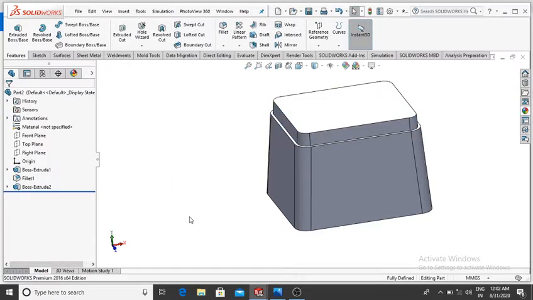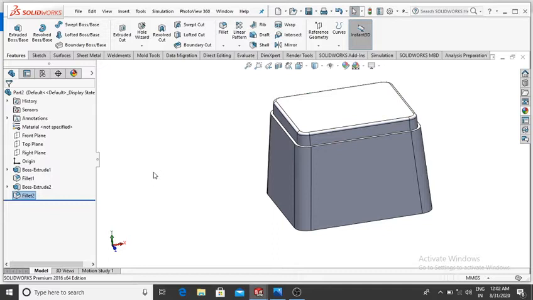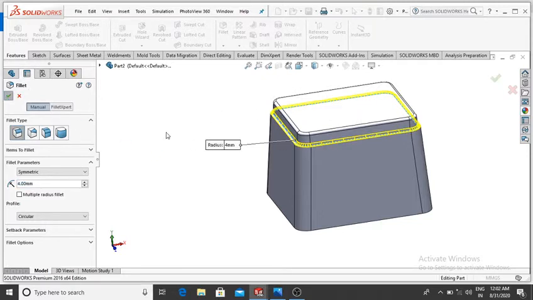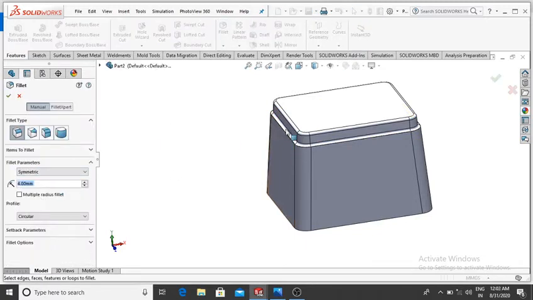Again make the fillet of upper corner 4 radius. So select the fillet and here make the fillet of 4 mm, and select this outer corner, then OK, and again select the fillet and make the fillet of 4 mm, then select this line and then OK. Now again select the fillet and make the fillet of 4 mm. Now select this line, then OK.